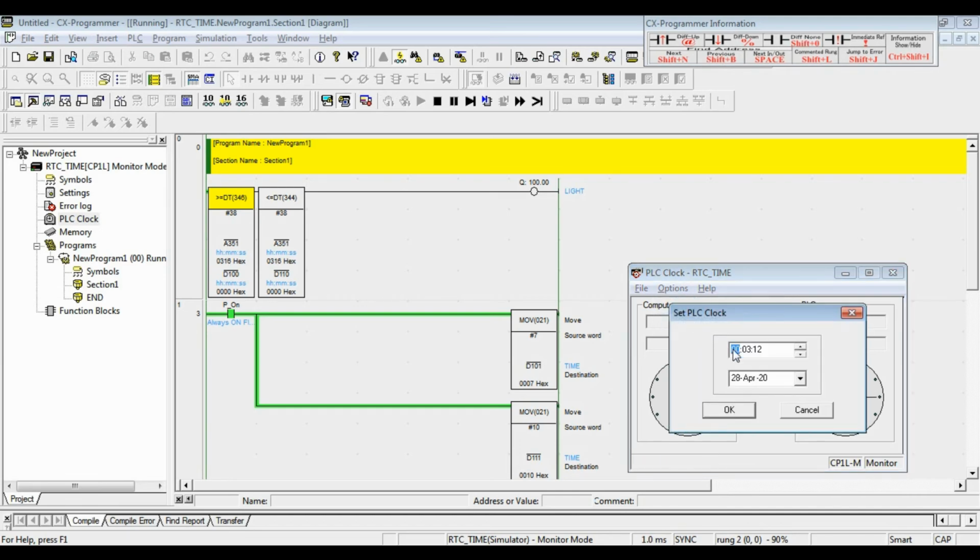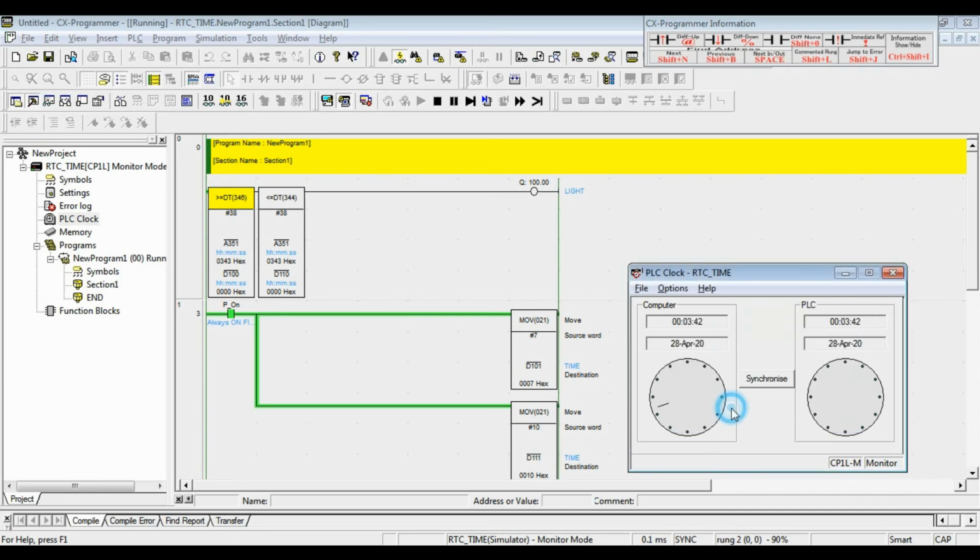I change the time to 7 double O. Now the time setting is 7 on my computer, on my laptop.